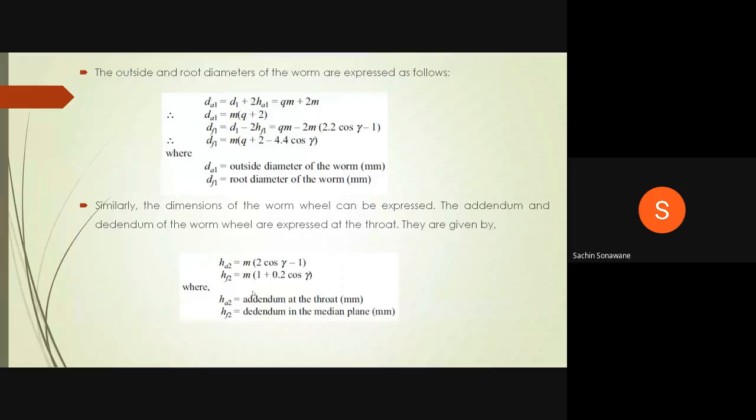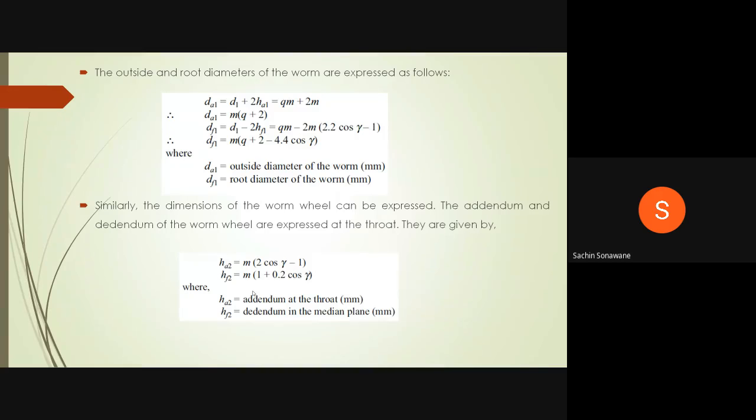The outside and root diameters of the worm are expressed as follows. da1 is equal to d1 plus 2ha1, which is equal to qm plus 2m. Therefore, da1 is equal to m into (q plus 2). Similarly, df1,